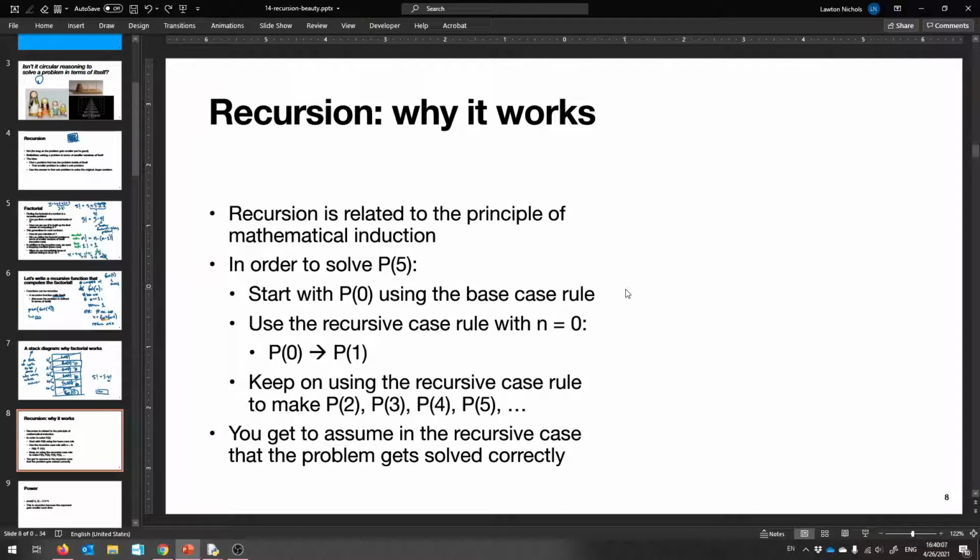So in order to solve some problem P with some number, like P of 5. It's the fifth P problem. The idea of recursion is, well, I need those two cases. I need that base case, I need that recursive case, okay? The base case tells me how to solve the smallest problem, okay? And so let's say that P of 0 is the smallest problem, and we can solve it immediately, okay? So that's part of the recursive answer. We need some smallest problem that we can immediately solve, okay? So that's one piece of the puzzle. And then the recursive case,